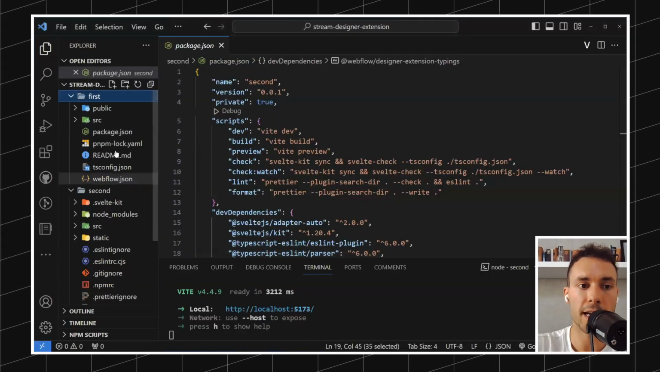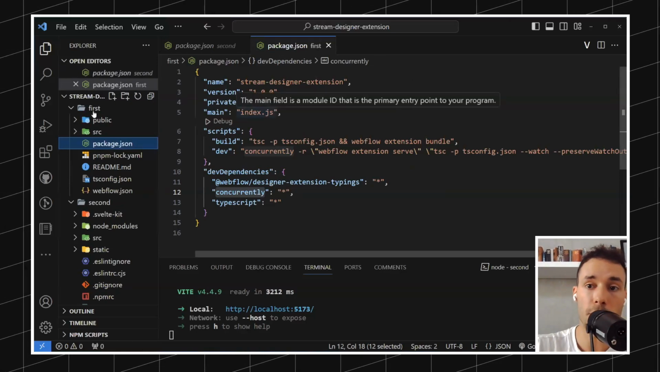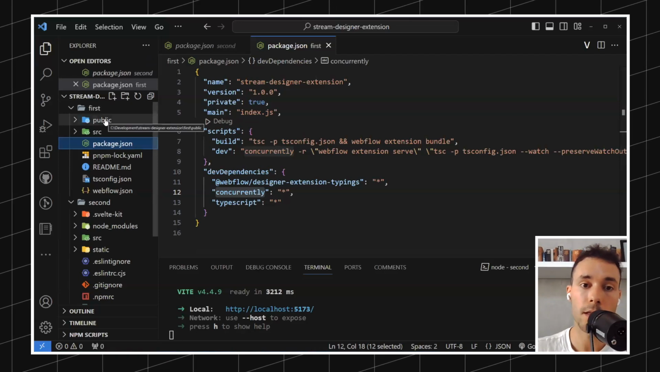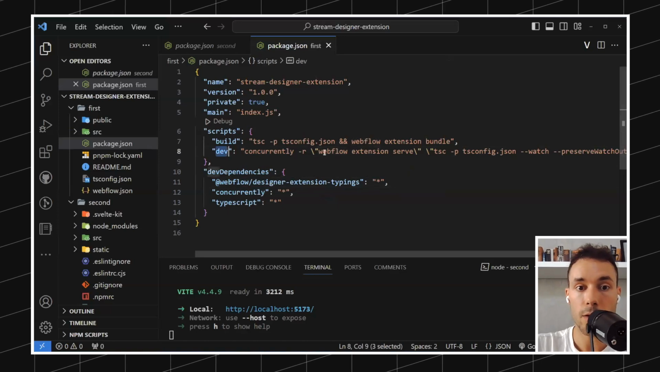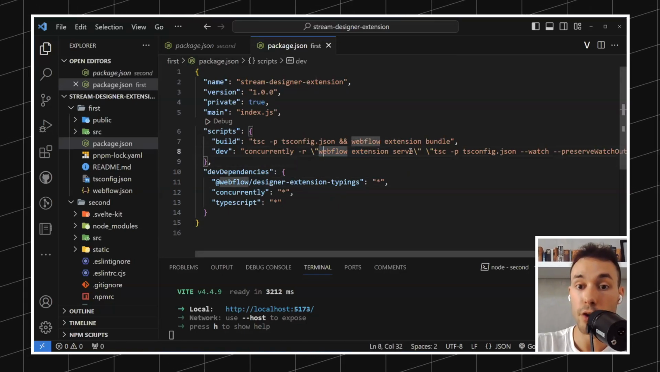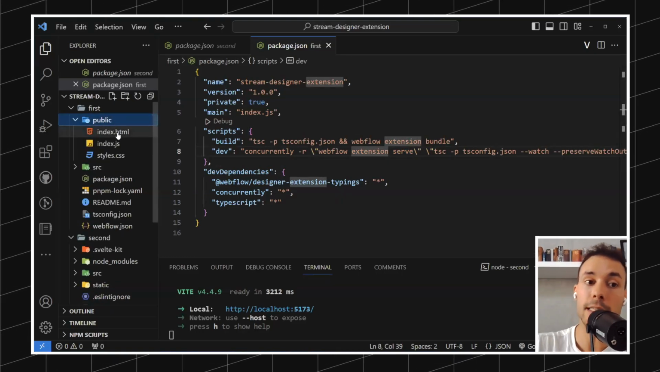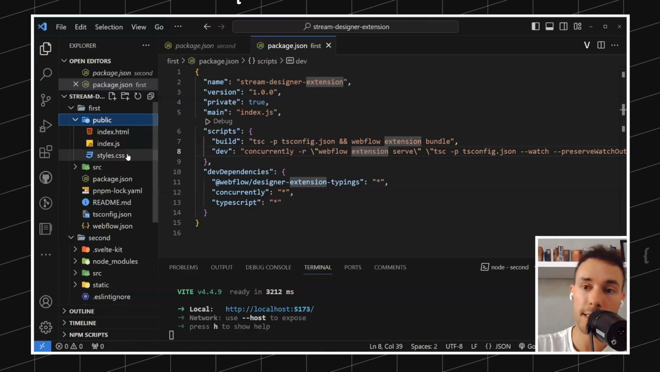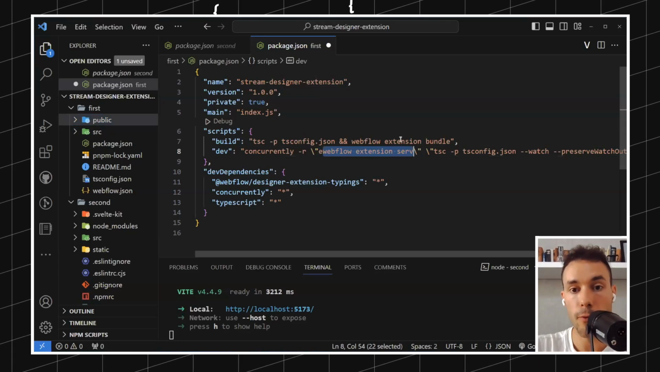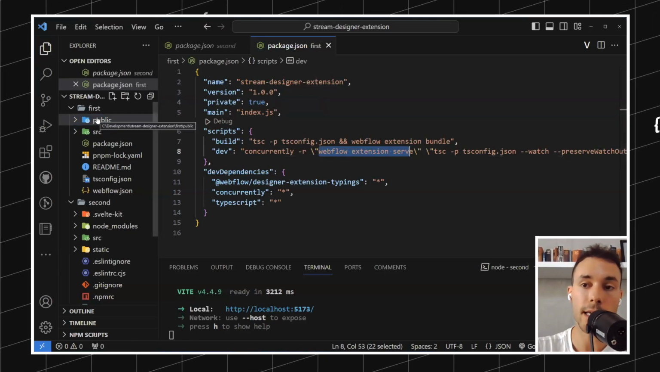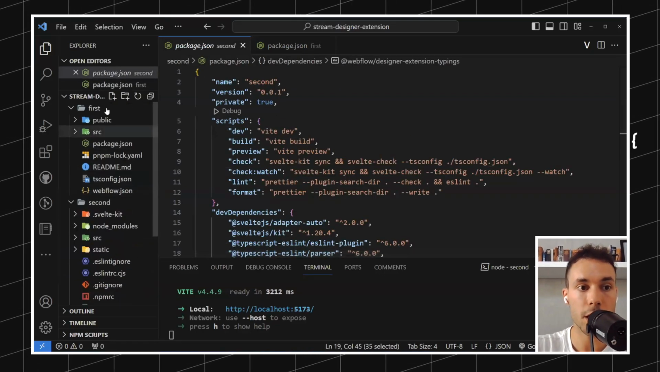Let's just inspect the package.json because I want to explain. This is the package.json from the previous project, the first project, the one that we spun up from the template that Webflow provides. And if you check the dev command, all they do is run webflow extension serve. This command checks for the public folder that contains the entry index.html, the JavaScript and the CSS. So when we run this, it's going to look for the public folder and serve it as an extension, right? So if I go back to the second project, the one that we just spun up,